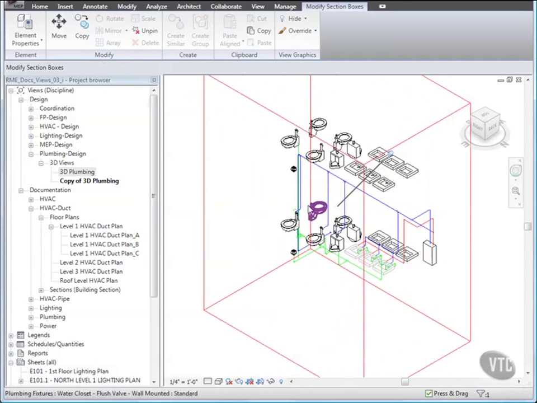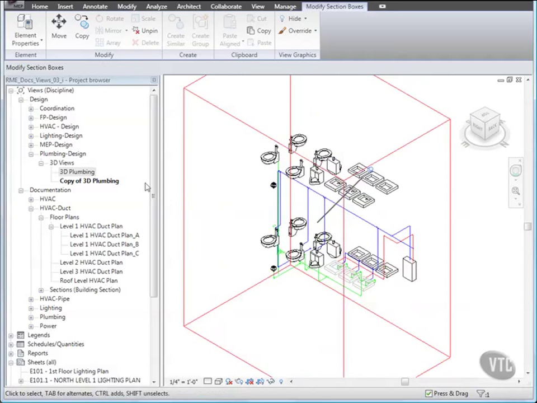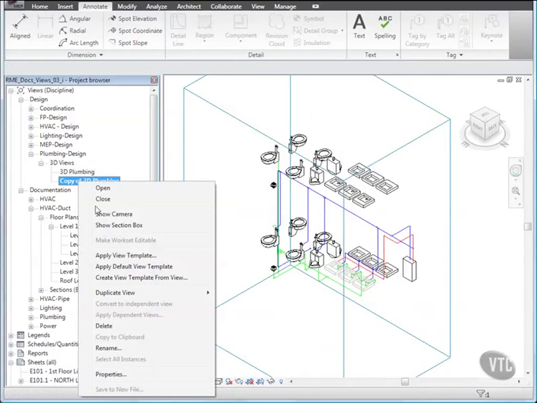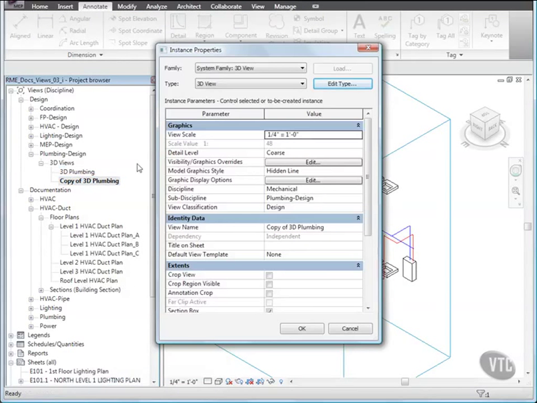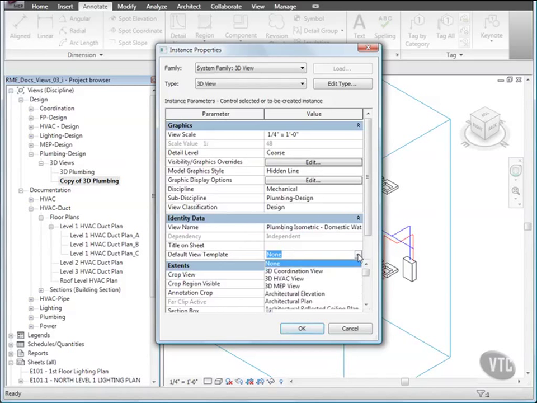In the project browser, right-click Copy of 3D Plumbing and click Properties. In the Instance Properties dialog, under Identity Data for View Name, type Plumbing Isometric Domestic Water. For default view template, select Plumbing Isometric, and under Graphics, for view classification, select Documentation, and for subdiscipline, select Plumbing,